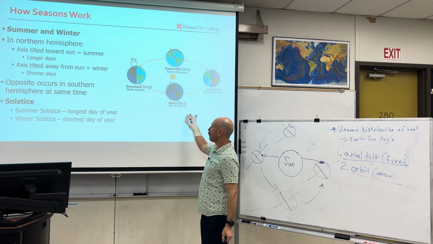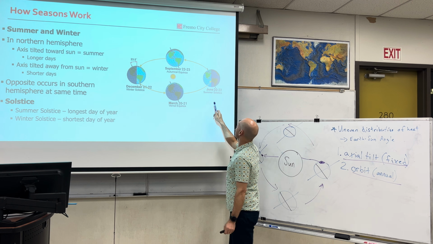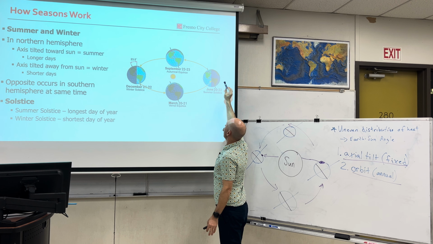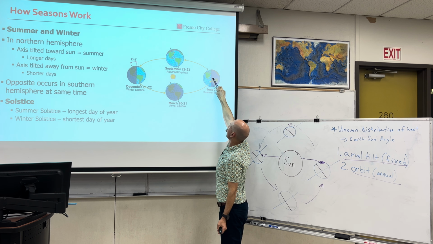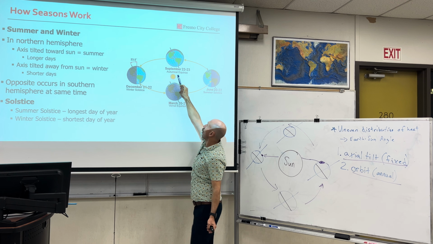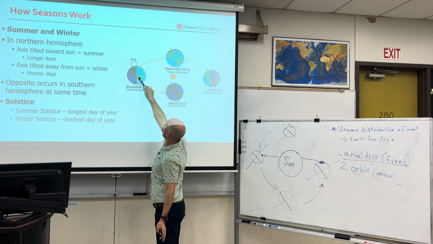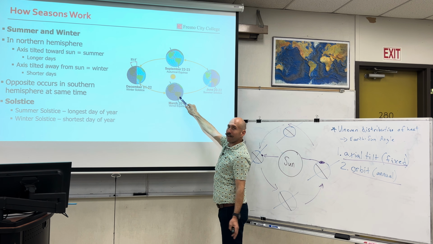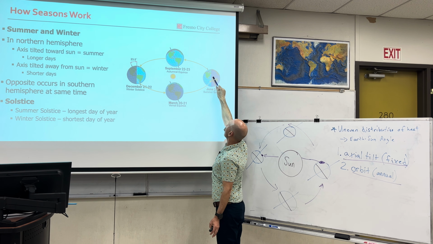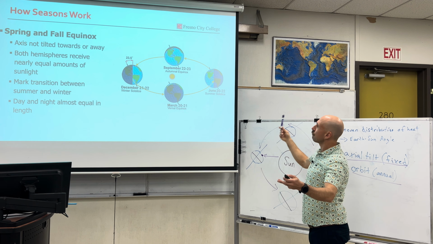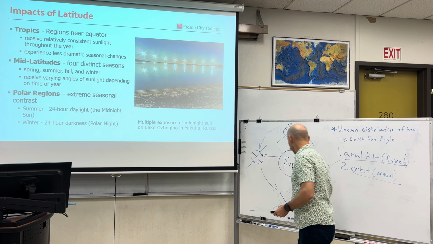Pretty cool, right? Well, what we see here then is this is actually flipped backwards, so the axis is tilted towards the Earth. In the northern hemisphere, we have the summer solstice, the longest day of the year, that moves through the autumn equinox, an equal length of day, to the winter solstice, the shortest day of the year, to another equinox, equal day. And it has to do with the Earth's axis tilting towards the sun or away from the sun. I think I just described this one again. I did both of them, so I'm going to move on.